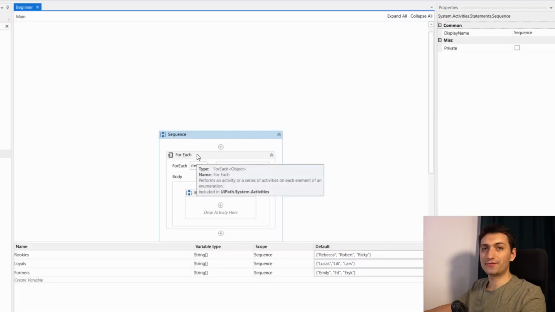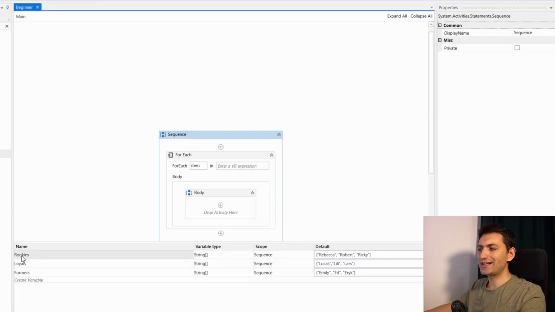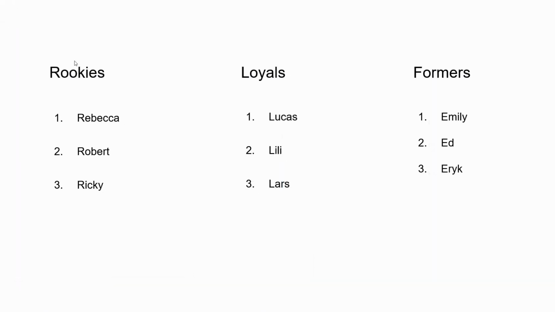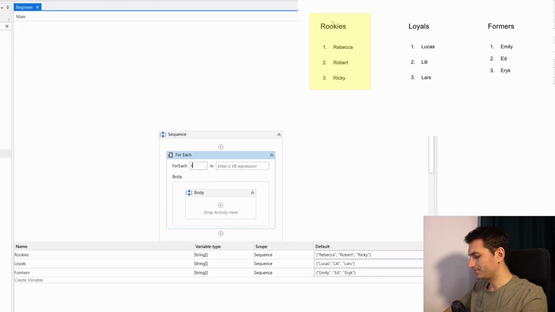Now we need to create the for each, and in this case it really doesn't matter which team you start with, because in the end you're going to receive the same result. However, the display order will be different, but the content, the collection I mean, will be the same. And because I like to keep the structure which I have described previously, I'm going to start with rookies. So for each rookie in rookies,